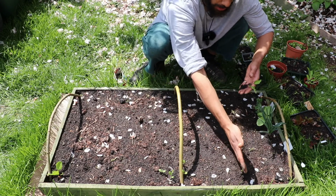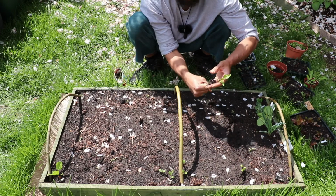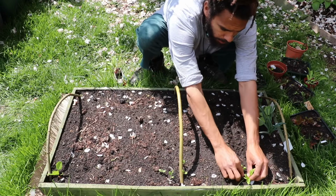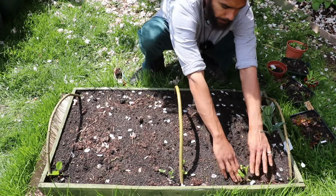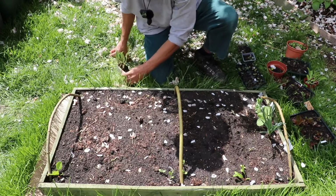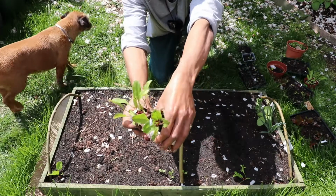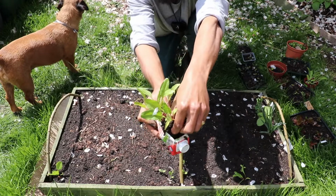As you can see, I can put them as tight as I need to, because as the beetroot grow, like I said, underground, they're going to form the shape and just push one another out of the way and do what they need to do. So spacing, that's so important. I'm just putting that nice young root in, firming it a little bit. Big one coming out next. See how easily that removes itself. Just get in there, get apart, pull it out from the